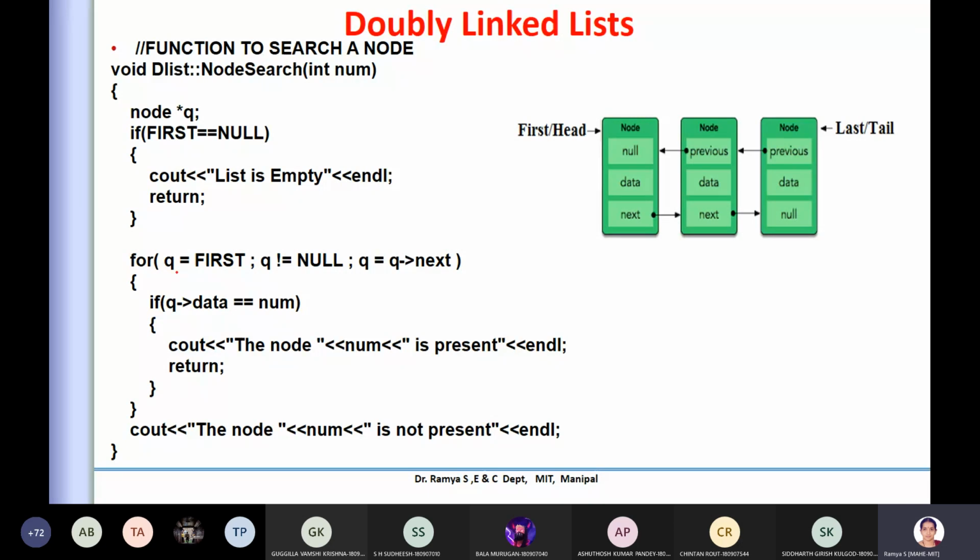In the next case, for example, say I have two or three elements in the linked list. Initially you point to the first. Always the first is nothing but a pointer, and you travel until the null is found, until the pointer goes to null. So you travel to the next until the next value is null. That is what you are trying to check, so that is the for loop you put here.